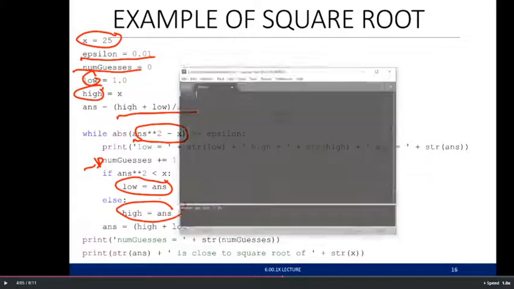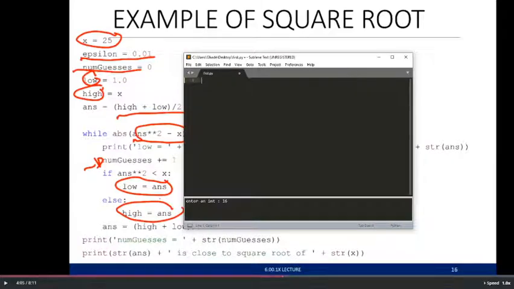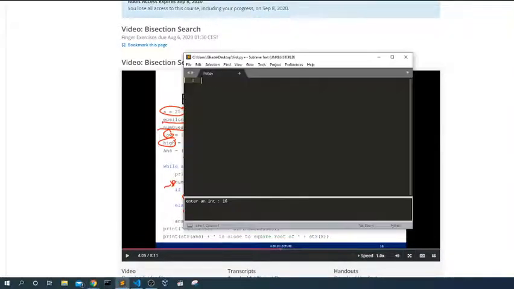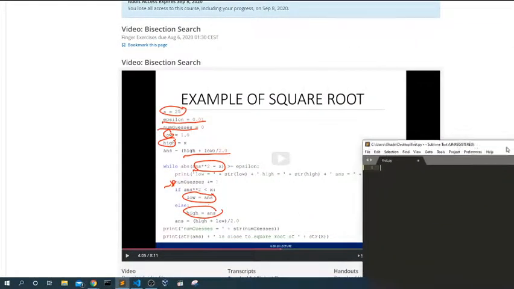Let's code it. Actually, I'm afraid to code it because I do think it's hard to code. Okay, so let's do here.